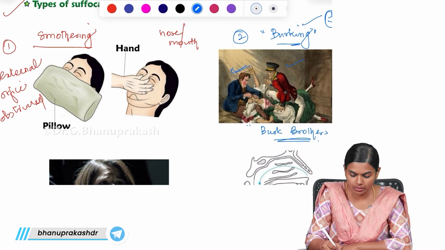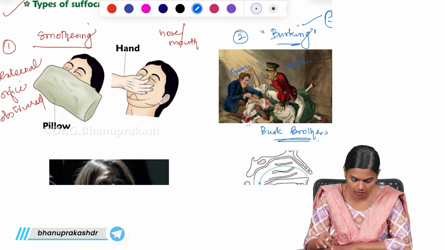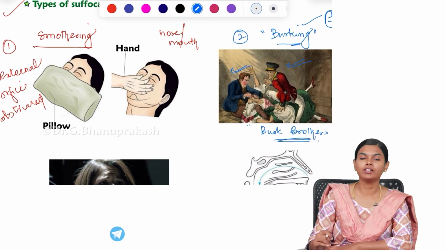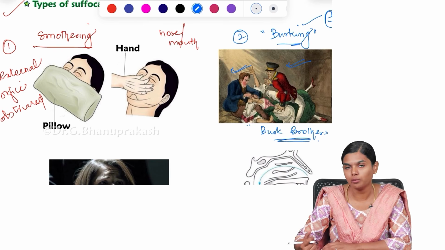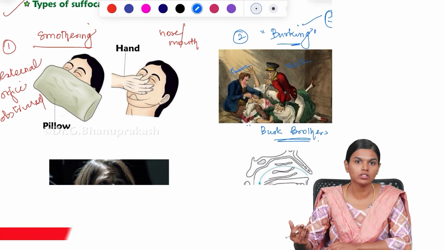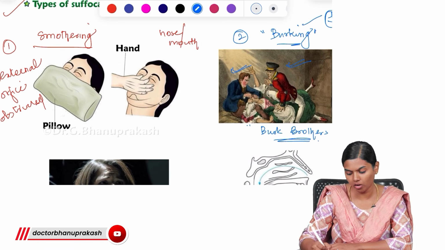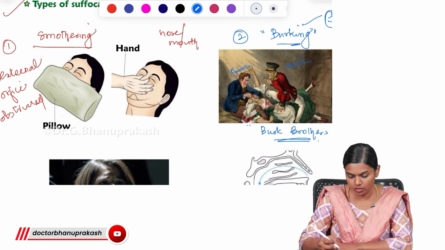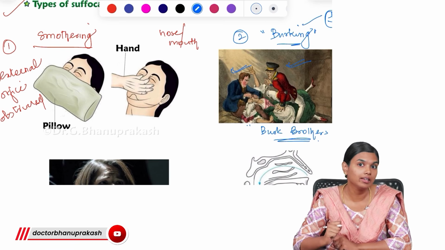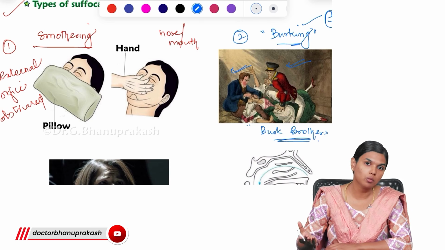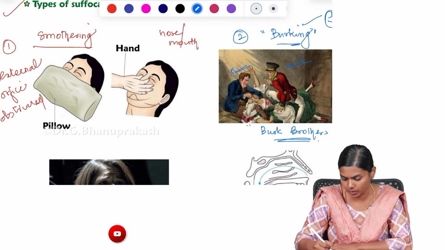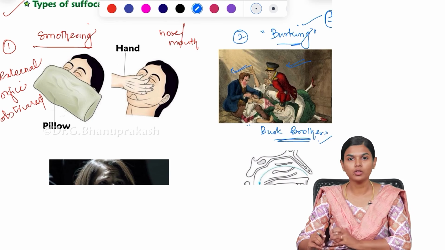So, these two Burke brothers were giving them dead bodies. But after some time, they couldn't get enough dead bodies, and the demand was so high, and the fee they were offered was large. So what happened? These two brothers started killing people and then handed over the bodies to the doctors for these experiments. They used a method.